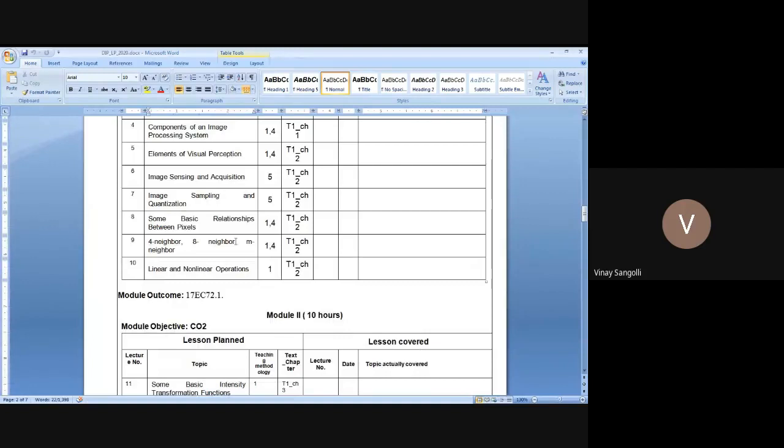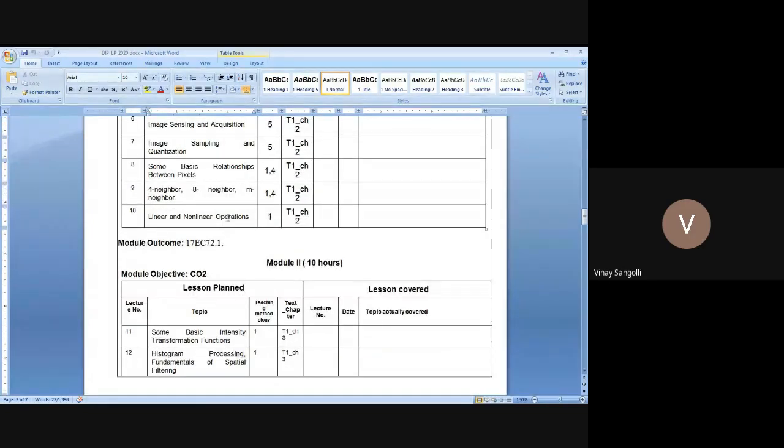Then we will try to touch upon the visual perception and how the image is sensed and how the image is acquired. That is how you can acquire a particular image and how you can take only some concepts which are required in that image. Like say for example, there is a picture wherein you are standing with the car, but the image of our interest is you, the individual. So therefore, we will be taking only that portion of the image, that is you standing, and we will be neglecting the car. So this is what will be required, that we will be studying in module number 1.